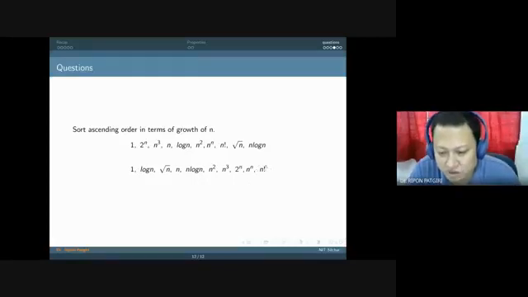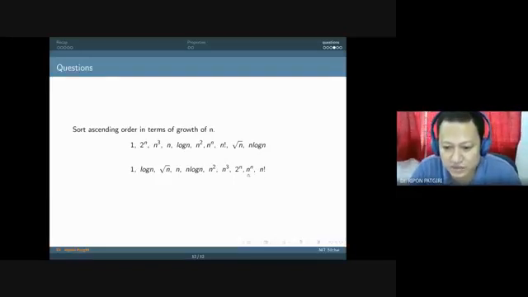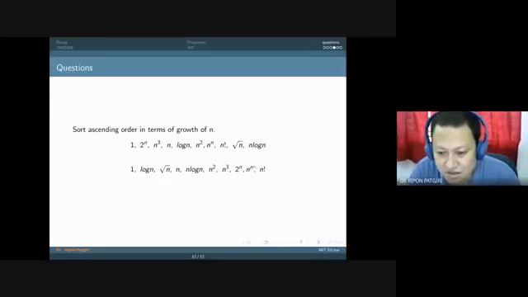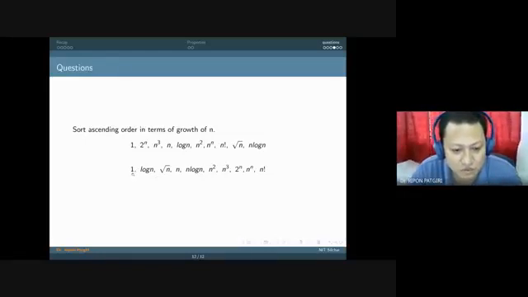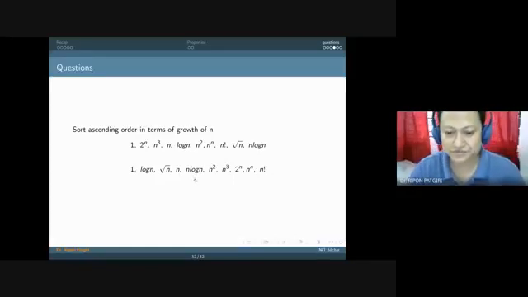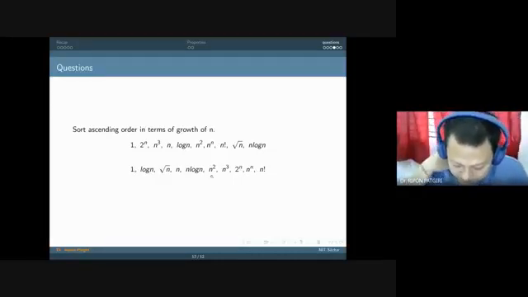If n factorial steps are taken, then it is the slowest one. If n to the power n steps are taken, then it is second slowest. 2 to the power n takes huge time, n cube solution also takes huge time, n square also takes huge time. But if you solve the problem in big O of 1 or log n or square root of n or n log n, then it's justifiable. Okay, you have a solution. So do you have any question?